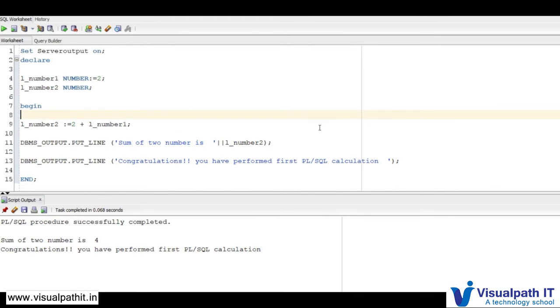Okay, moving now to the practical session. Whatever I have taught you in the previous slides about the PL/SQL block and how it is made into a block structure, we'll now see practically what a PL/SQL block looks like and how it works.